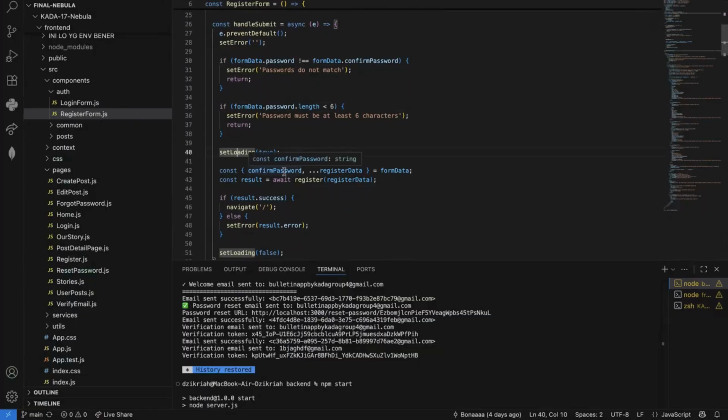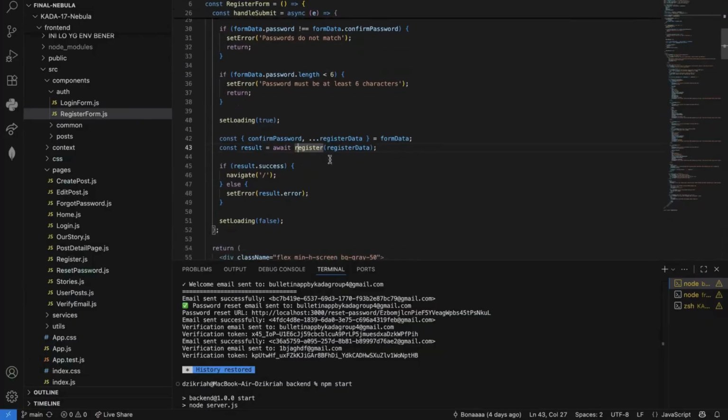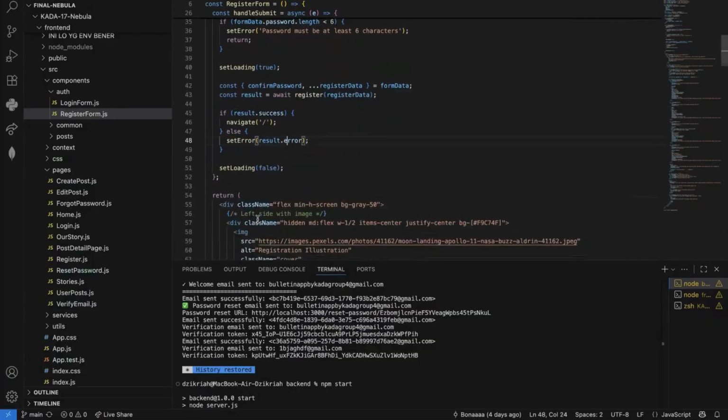Then after that, we call register from the auth context with the form data. If it succeeds, we will navigate to the home page. But if it fails, it will display an error message.